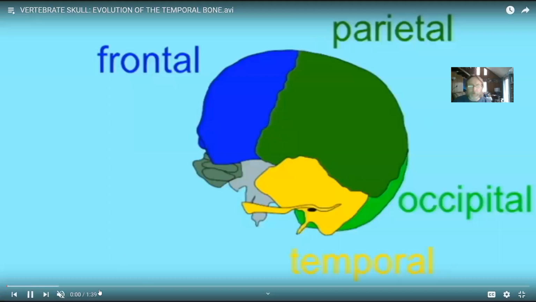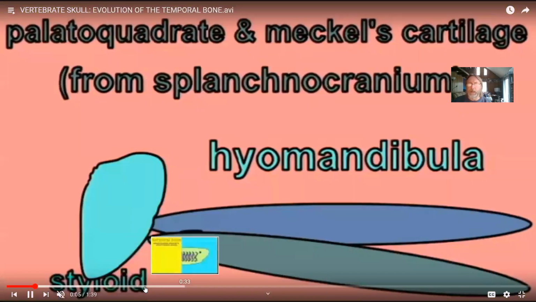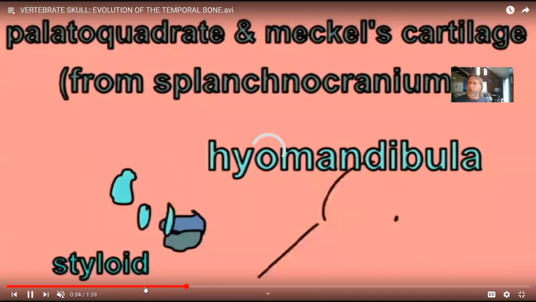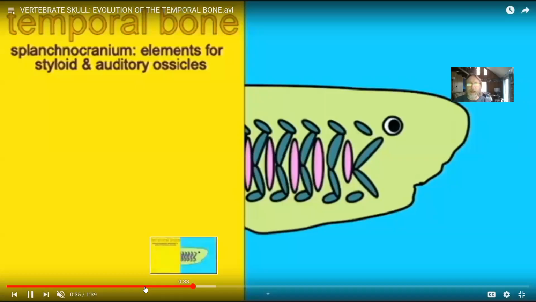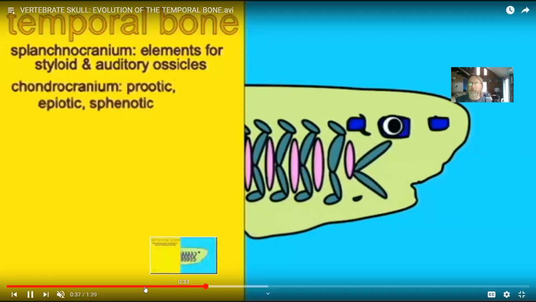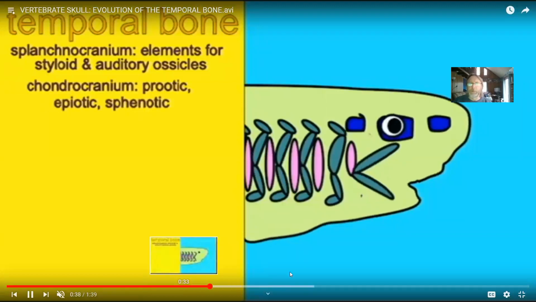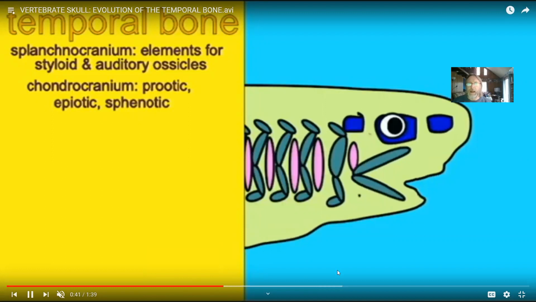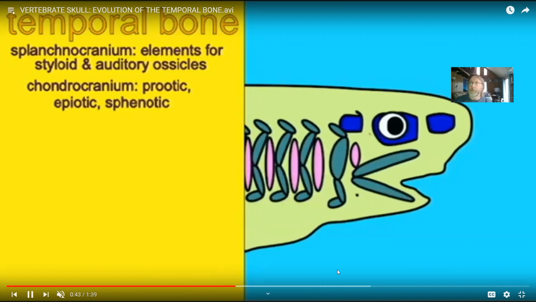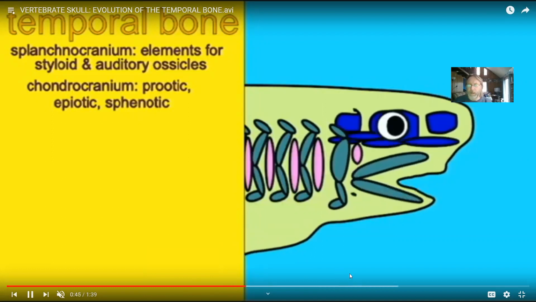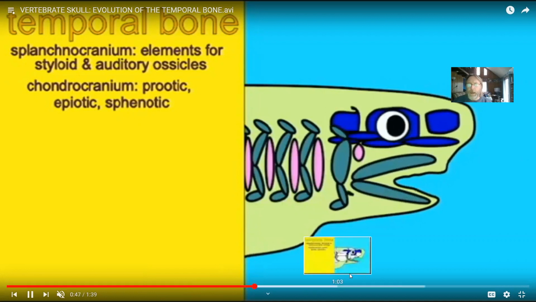Once again, this happened over tens of millions of years, the gradual fusion of these elements, as I outline here. And so there are components of the temporal bone which originate from the splanchnocranium, like the styloid process, and those ear bones, the chondrocranium, which forms the petrosal part of the temporal bone, and then